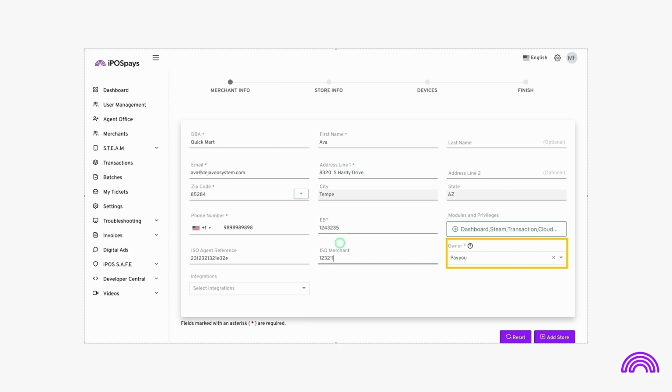If an agent office user is not granted the privilege to onboard a merchant, the ISO can simply search for the agent office user's name and directly onboard a merchant, assigning them to that specific agent. The merchant will then be managed and supervised by the assigned agent. If the ISO wants to assign a merchant directly under their control, they can select their own name from the